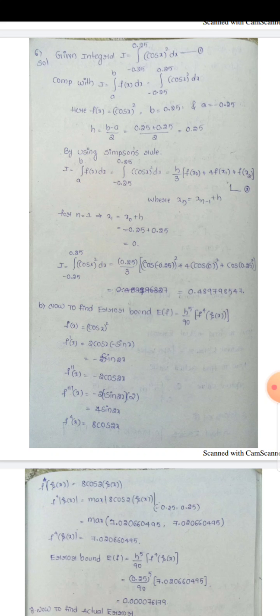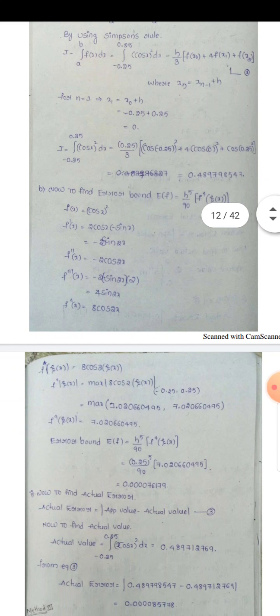Error bound EF equals h power 5 by 90 into the fourth derivative of f of xi of x, equals 0.25 power 5 by 90 into 7.020660495. After simplifying we get the value equal to